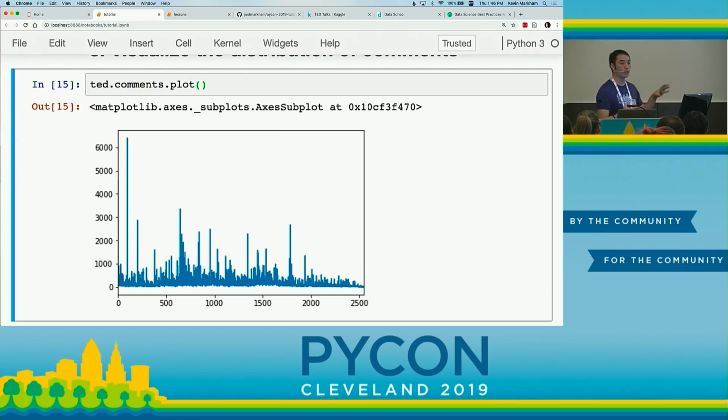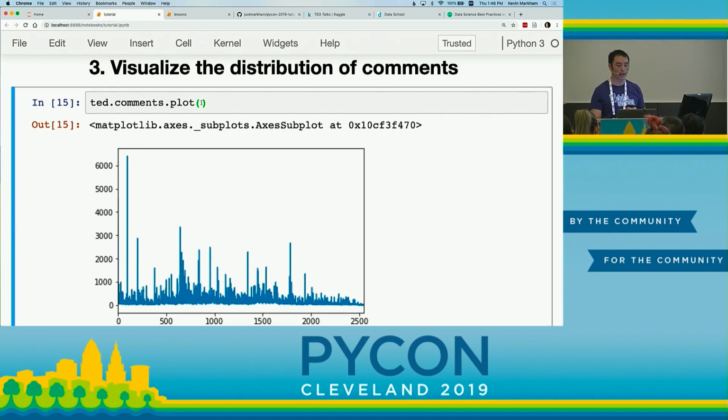A line plot is not what you would use here because a line plot is for measuring something over time. So if there's not a time component to what you're showing, a line plot is usually not the right choice. I just wanted you to know how to plot using pandas if you haven't done it before. We can learn some things from this plot. We can see that many talks have a low number of comments, and a small number of talks have lots of comments, but that's about it. So this is not the plot I want you to create, but you might know,